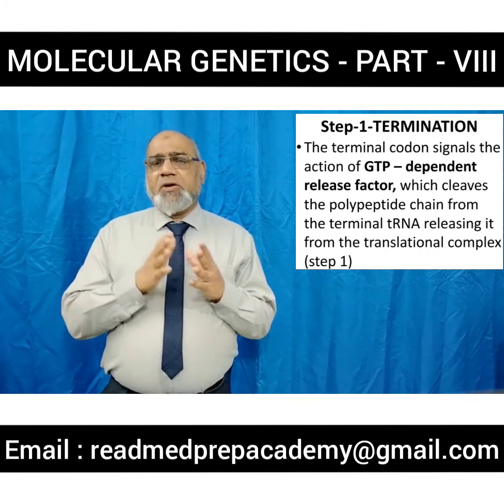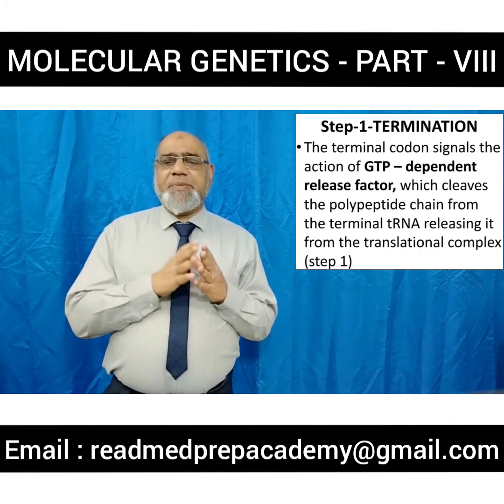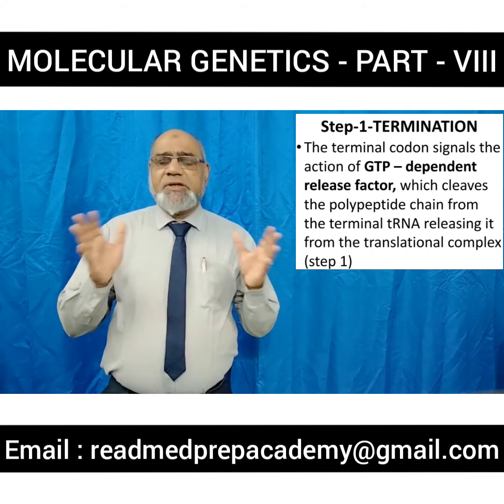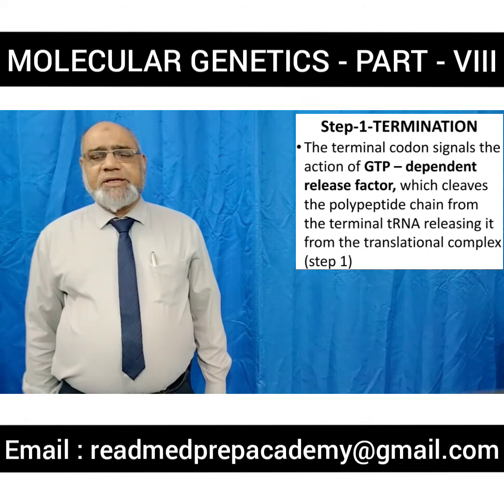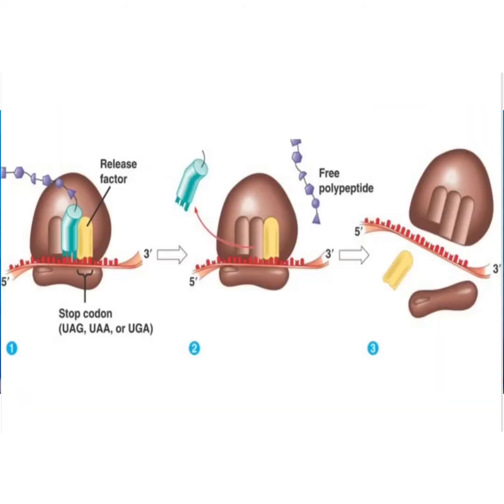The terminal codon signals the action of GTP dependent release factor, which cleaves the polypeptide chain from the terminal transfer RNA, releasing it from the translational complex. Here you can see the appearance of the stop codon and the formation of the release factor. The stop codons are UAG, UAA or UGA. If any one of these appears, the release factor is formed and